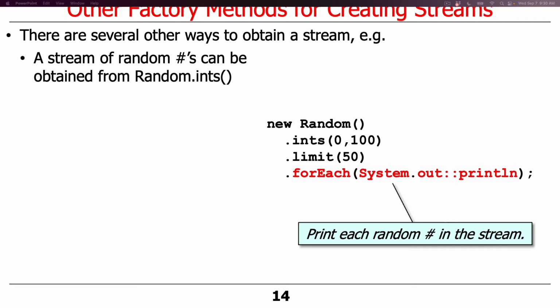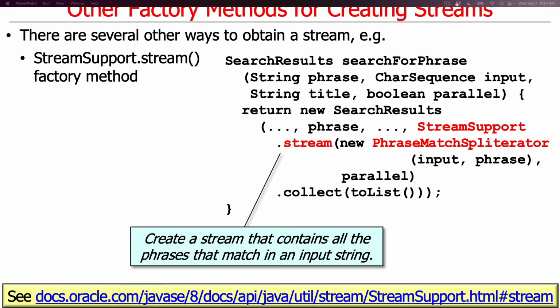I tend to use ints or longs, which are two factory methods on random that create these random streams, a lot for testing, when I want to generate test data. There are not a lot of other uses I use it for, but I use it a lot when I'm generating test data. Another very interesting method that we'll actually see a bit later is